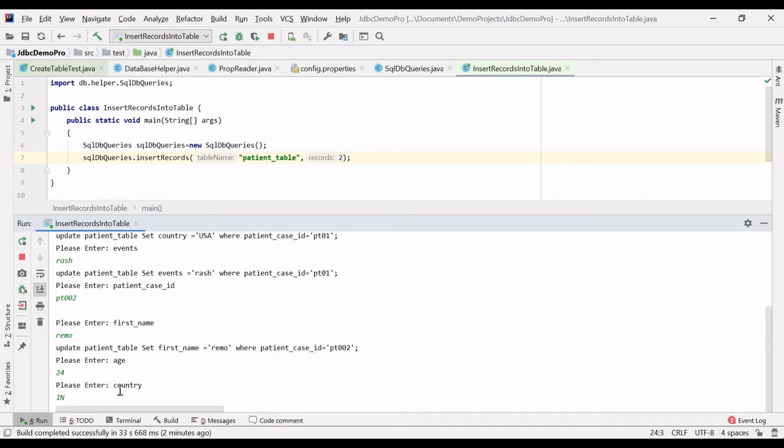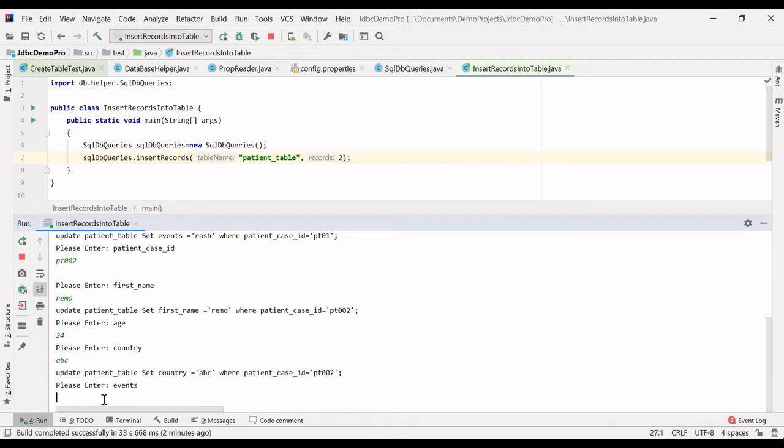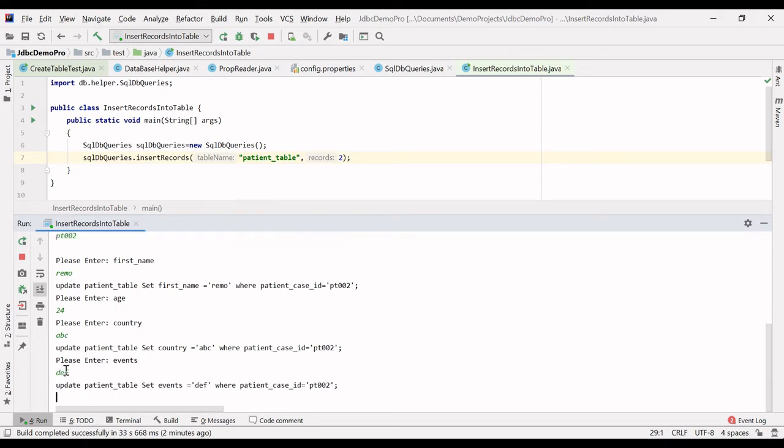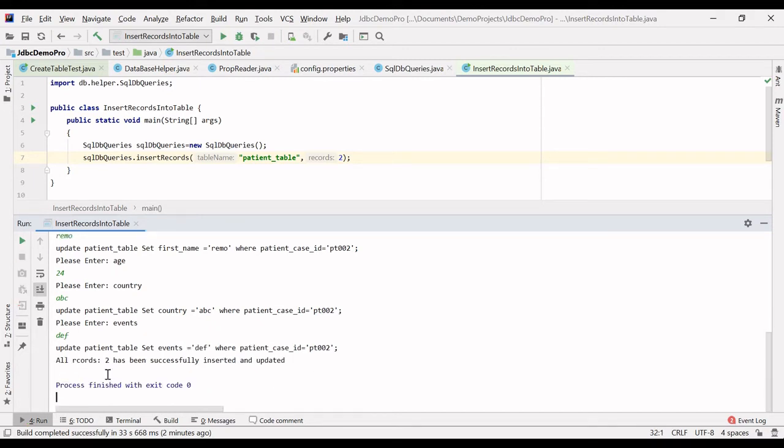You can give any name as you want. We are inserting dummy data here, so you can also give ABC, it's up to you. We are actually practicing it. For event you can give DEF. As you can see, all 2 records have been inserted and updated.